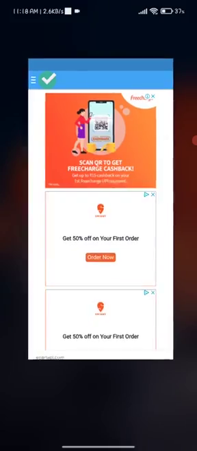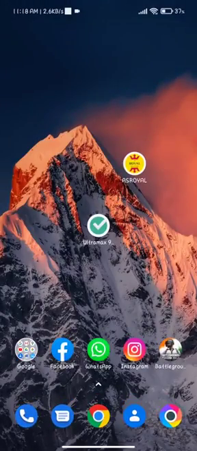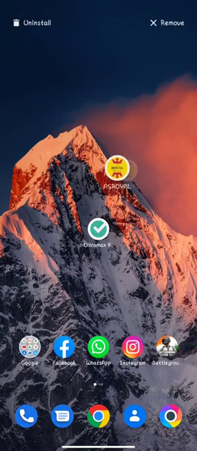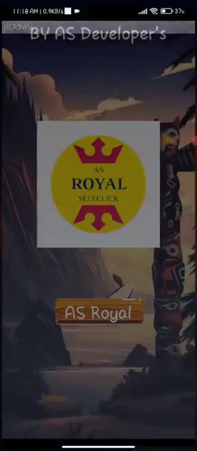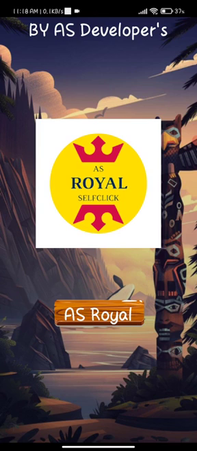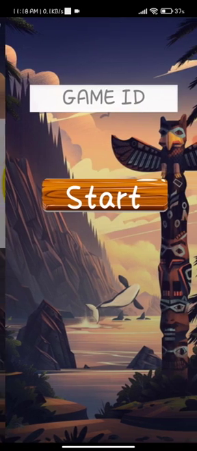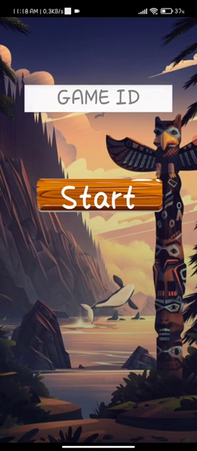Now let's talk about Unity Ads. There was an application named AS Royal, and it performs very well for Unity Ads. If you want to do self-click in Unity Ads, you can prefer this application. First of all, let me open this application. It has very well-mannered features, like you can change the ad ID over here. You can get a limited number of CPMs, very good quality CPM, and this application performs very well.